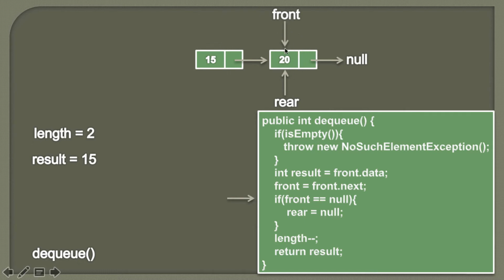Then we are checking whether front is equal to null or not. Front is pointing to this third node, therefore it's not equal. So the condition in the if block comes out to be false. And here, as we have removed the link of front to this node, this node has no reference to it, therefore it will be removed easily. We know that now the queue has only one element, therefore we will decrement the length by 1. Moving ahead. And in the final step, we'll simply return the value stored in the result, which is 15.